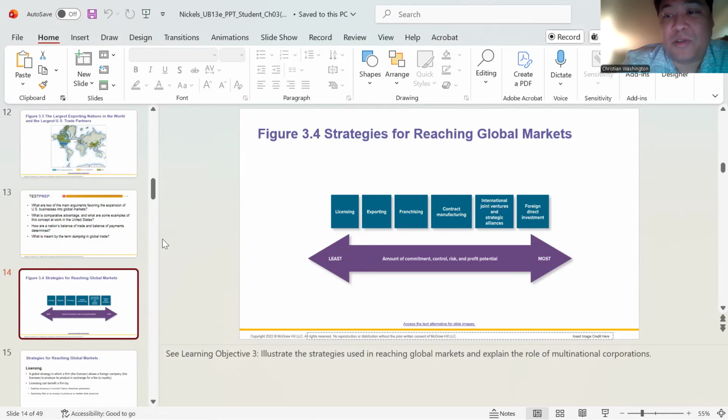companies that are large enough, strong enough, and big enough to do foreign direct investment, they do licensing all the time, because you could foreignly directly invest and then still be licensing in the country because someone wants to take out a license for something unique. They want to put your brand on something. So if we go from franchising and contract manufacturing and you move more to the right,